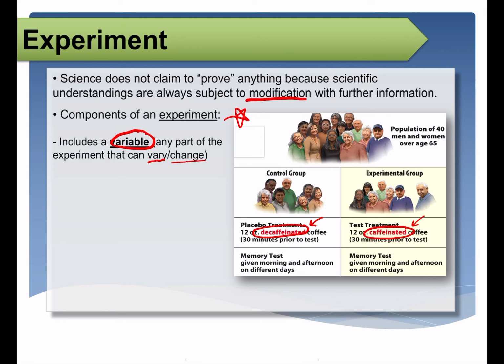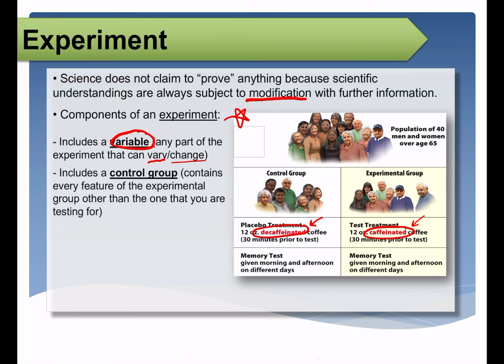Okay? All right, and hence the group that did not get the variable that's being tested is called the control group. And you will have to learn about this when we get to lab 5 and identify what's the variable, what's the control, etc. Okay, so control group is the group within the experiment that is not given the change. Okay, they have everything the same. It does not contain that one thing we're changing,